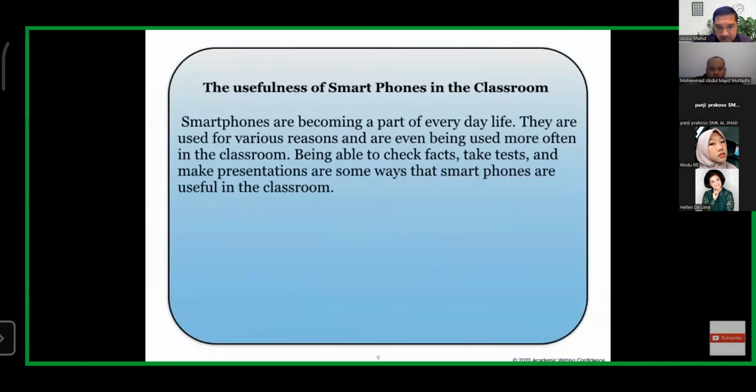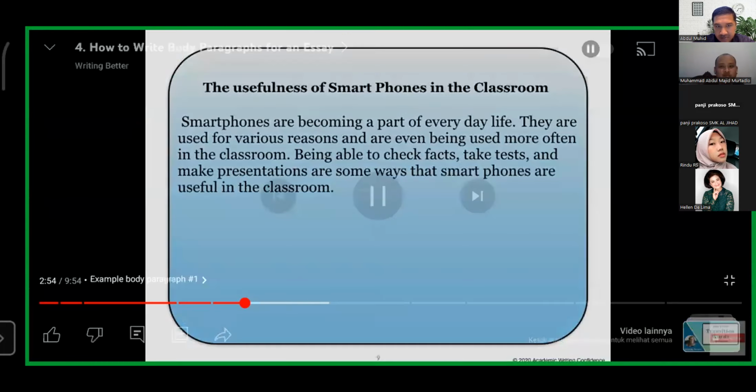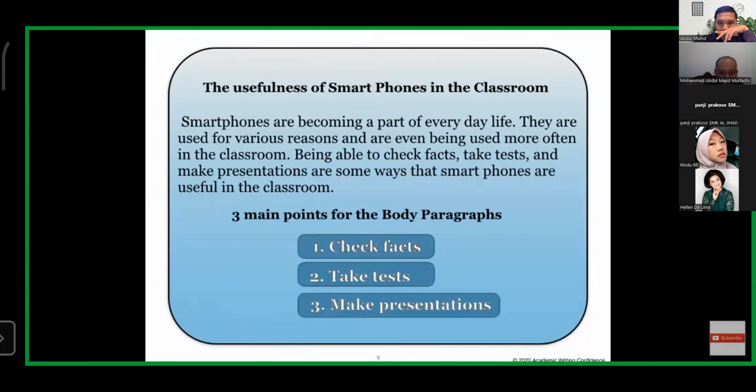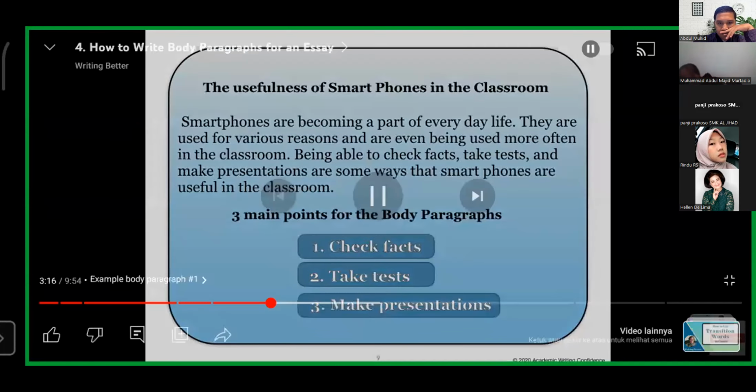From this introduction, we can use in our paragraph the following: the first is check facts, the second is take tests, and the third is make presentations. Now, these are the three main ideas that you'll develop in your body paragraph